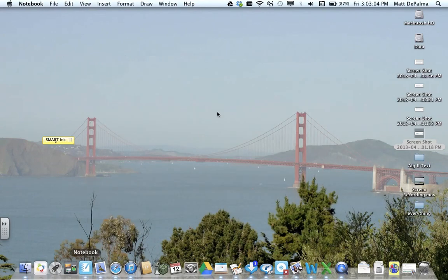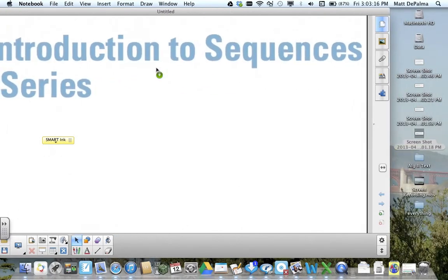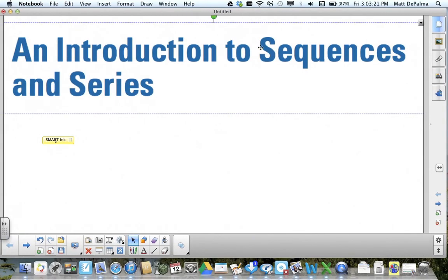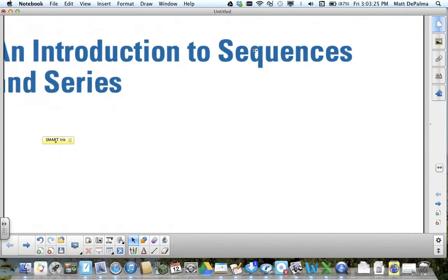in the math department, a lot of us use Notebook, which is essentially just a whiteboard. But that's how we present a lot of our presentations on the smartboards. So we can drag our pictures in and resize, and as you do this, you'll get better with taking the